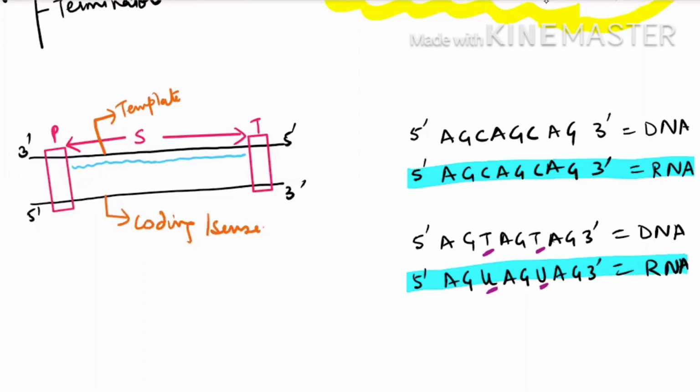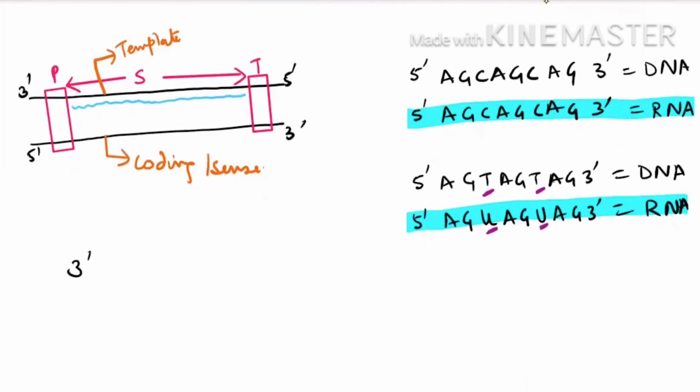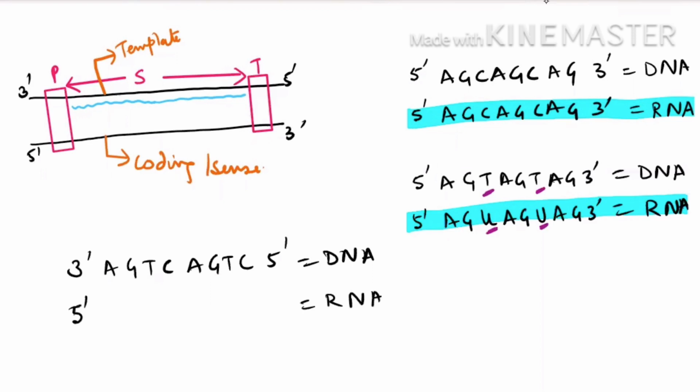But suppose they give you the DNA in this direction, suppose they are giving 3' and they are saying AGTC, AGTC, and they are asking you, hey, this is your DNA, write the RNA. If they are asking for RNA, then you have to do complementary base pairing, because RNA is always made from 5' to 3' of the new strand, meaning the coding strand. So in front of A, T is not there, you will put U, C, A, G, U, C, A, G, and you will write this answer. Please remember that uracil has to be incorporated, and this is then your answer.